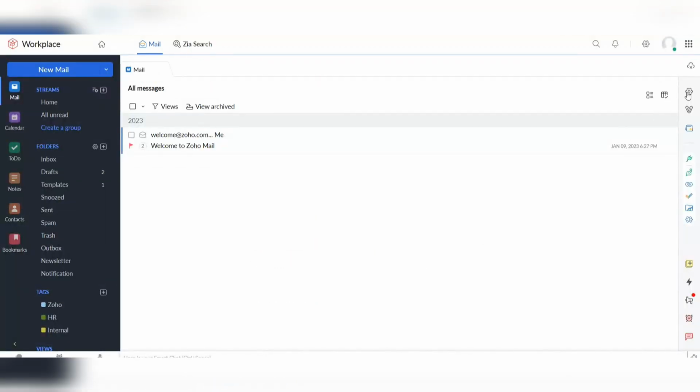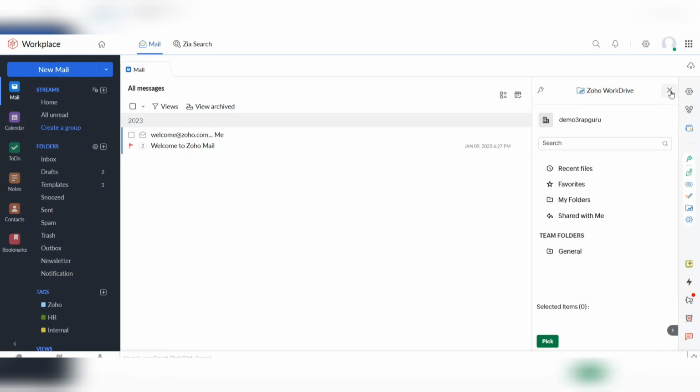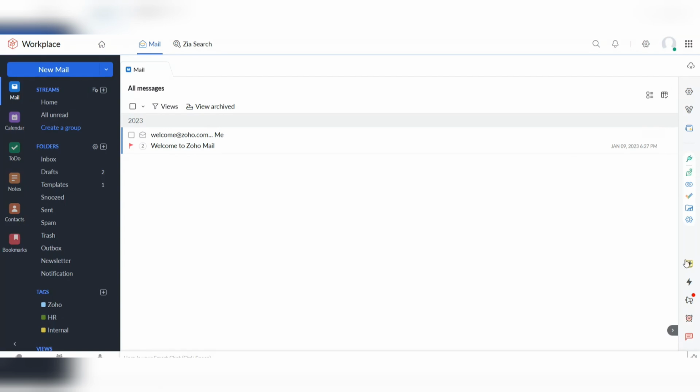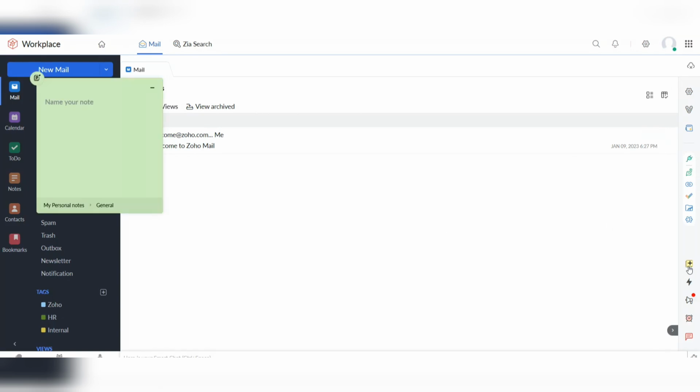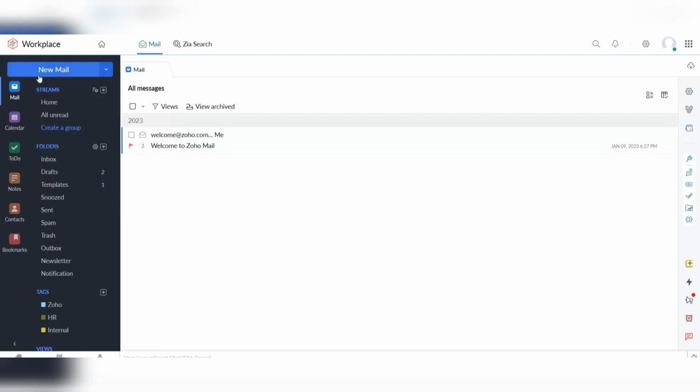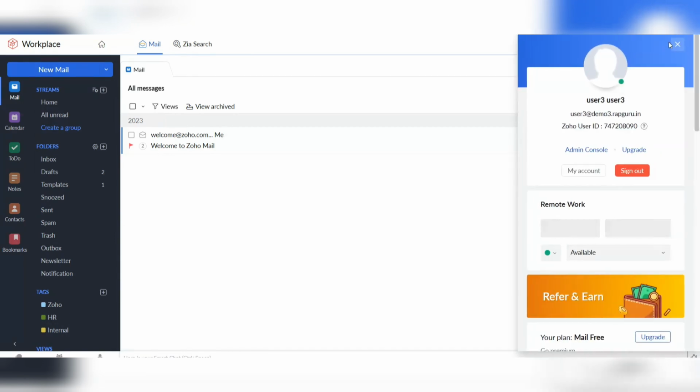Last, we have to see the right corner of calendar settings, and if there is any attachment of Zoho OneDrive, we can also view the Zoho OneDrive. And if you want to add notes or something, we have an add notes button. And then if you want to update any announcement or something, we have announcement. And if you want to sign out of your profile, click on the profile and click on sign out, we have the sign out button.